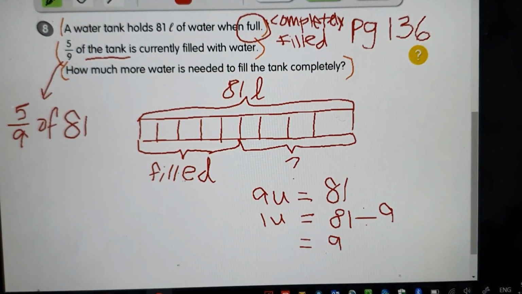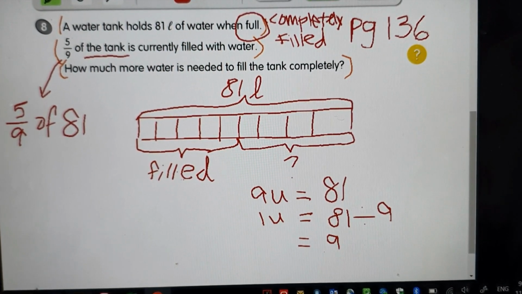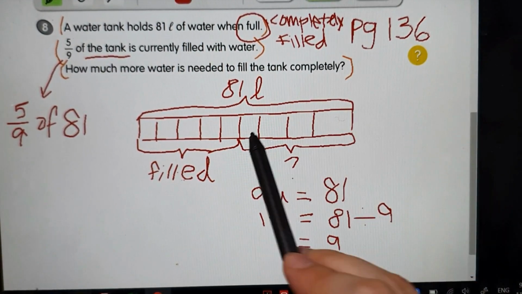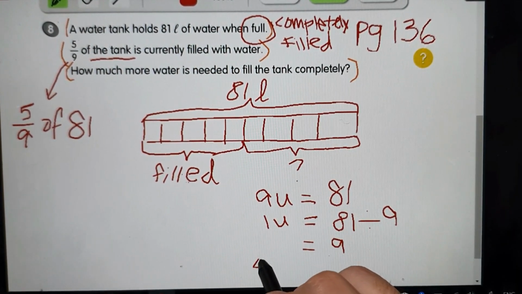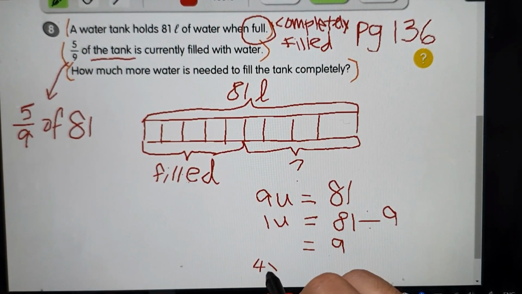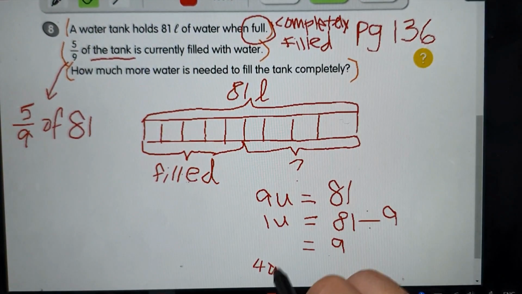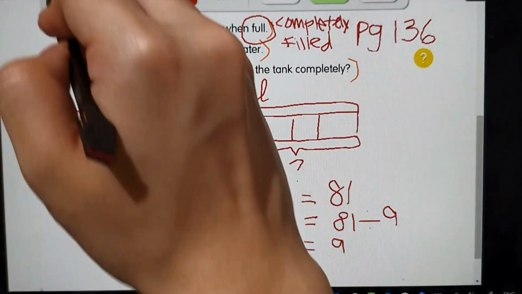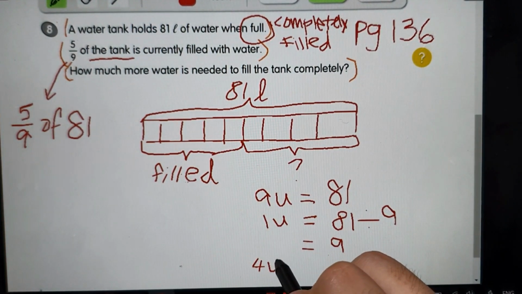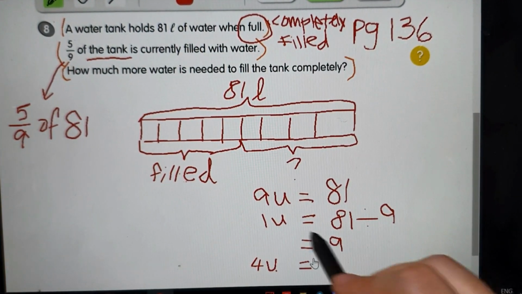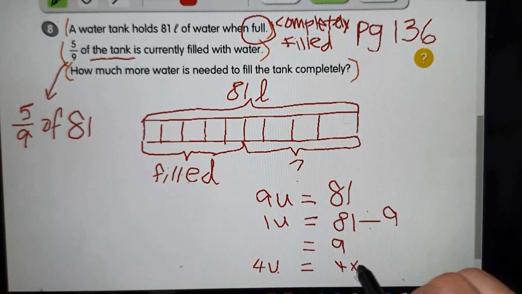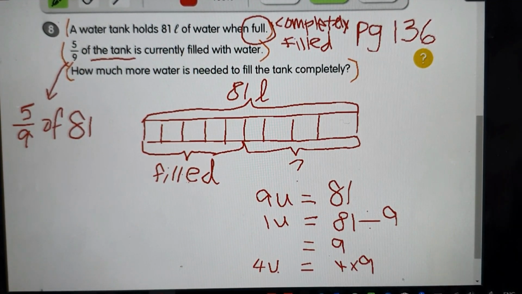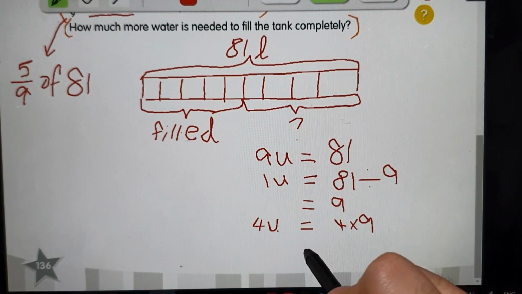And since I know that the number of units of water needed to fill the tank completely is 4 units, I can just move on to find 4 units. So since I know that 1 unit is 9 liters, 4 units is just 4 times 9, which would give you